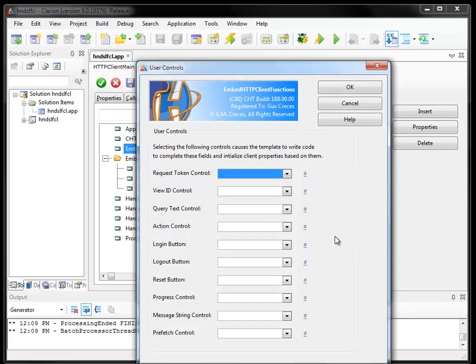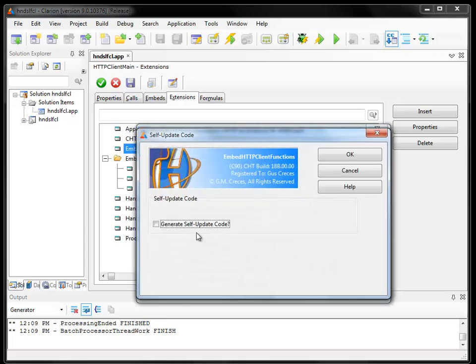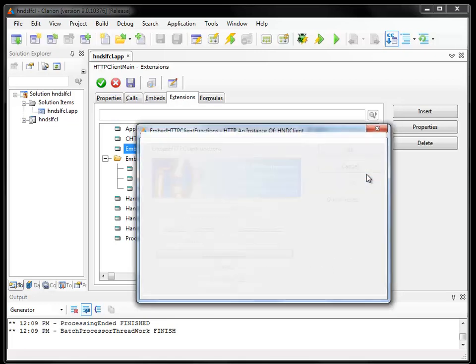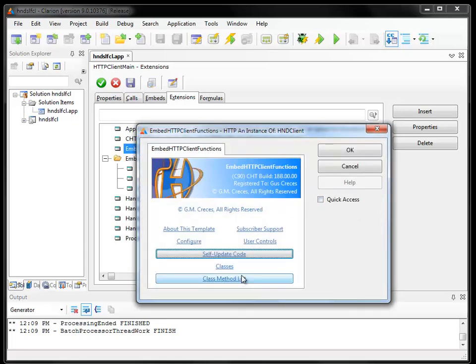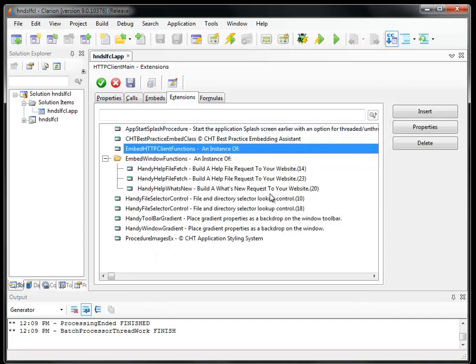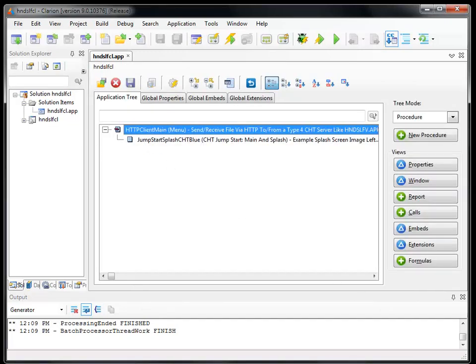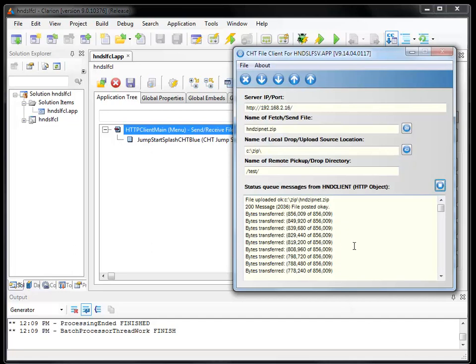There are no extra user controls. You can install user custom controls on the interface here. I have no extra controls installed to keep it simple. I'm not generating self-update code here, and these are standard classes. The object is called HTTP. So that is the construction of the application. Now let's